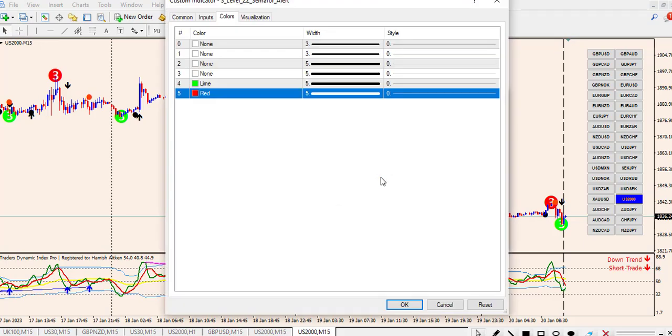And this semaphore indicator, the 3 level, I turn the other color to no. I do not need it. I only need the major turning points. This is territory. The other points are 2, 2, 1, 1, and since it repaints, it is not advisable to use it in between. So I only need it for the major reversal point, and that's why I turn the remaining ones off to no, and this